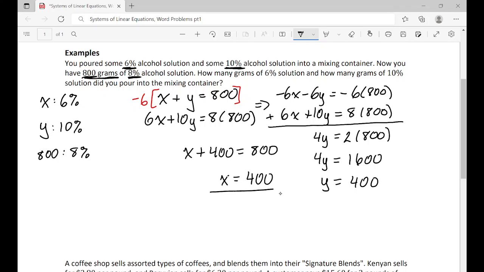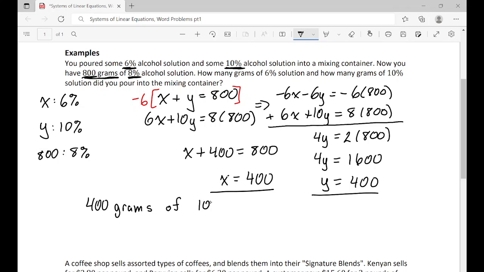Now, I know what x is, I know what y is, now I can answer the question: how many grams of 6% and 10% solution do I need? So you've got to keep track of which one's which. In this case it's okay, but you typically do that by looking at what I did at the beginning at the side. X is 6, y is 10, so I can say that I need 400 grams